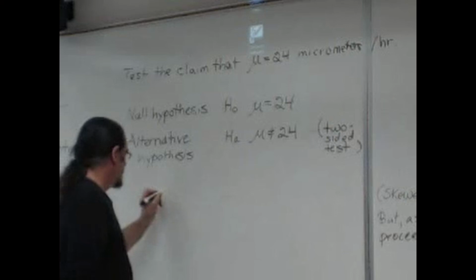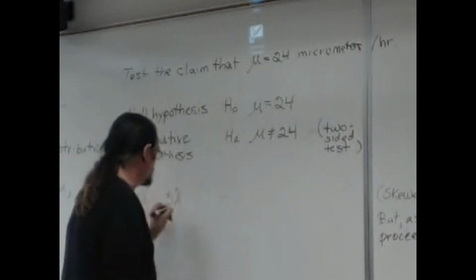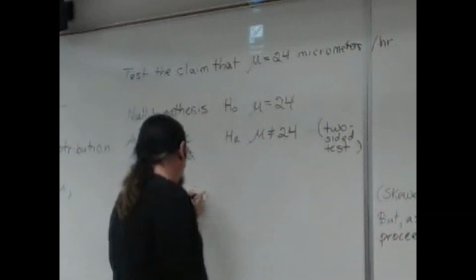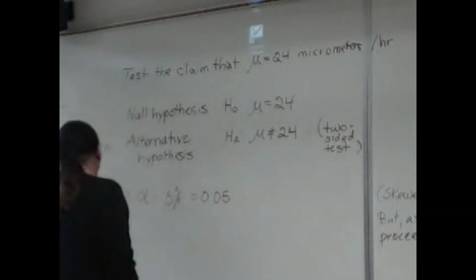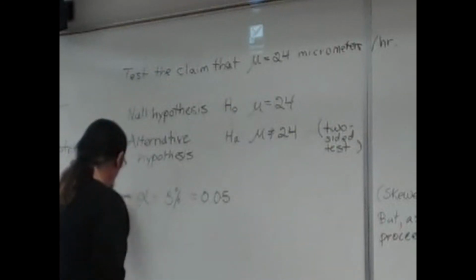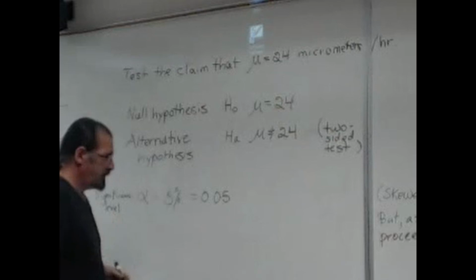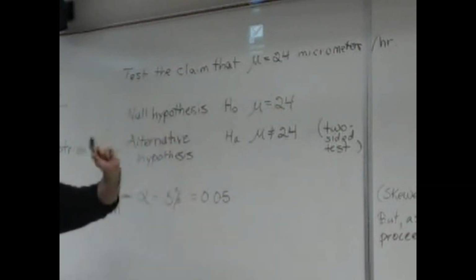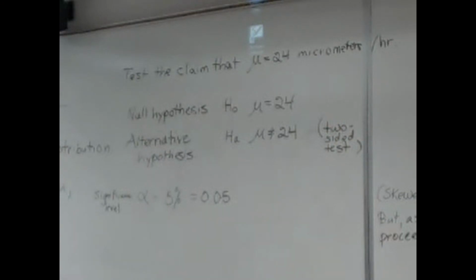So I'm setting a significance level of alpha equals 5%, or we may need to write it as a decimal, 0.05. So this is very important. If I were to get the sample that we were using earlier, which had its sample mean was that 25.5 repeating,